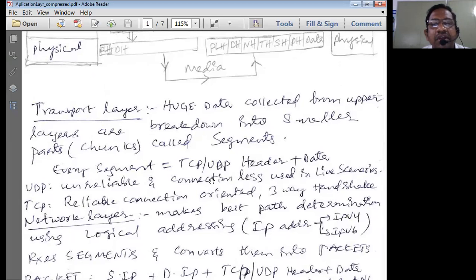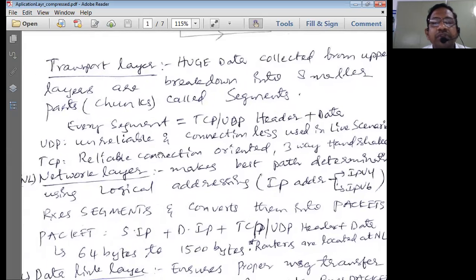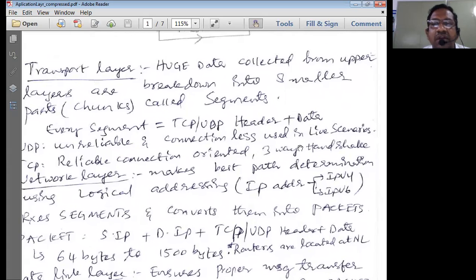Every segment is normally divided into two parts. One is the transport layer header, that is, the TCP or UDP header, plus data. UDP is known as an unreliable, connectionless service used in live scenarios.